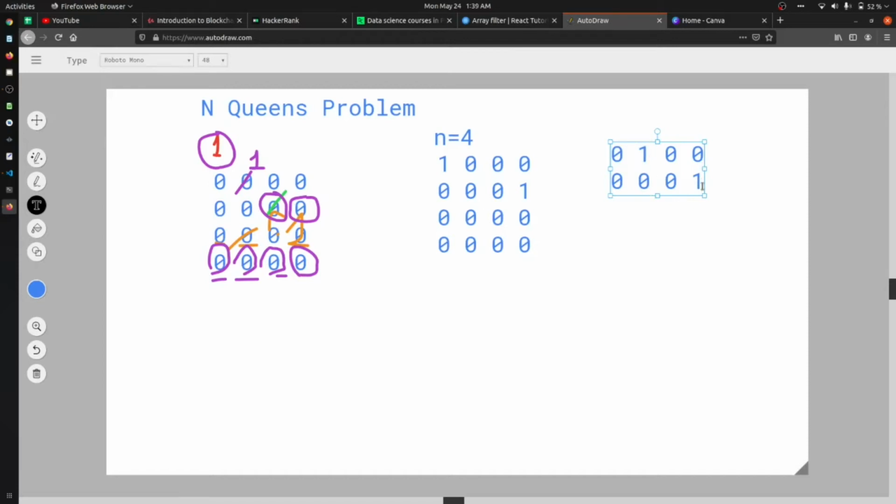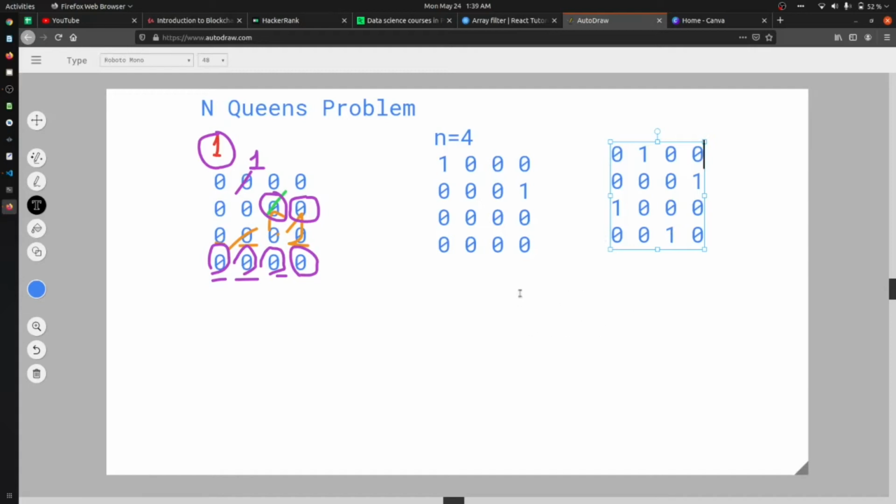After that, we are going to place the third queen. We can place the third queen at the first position, because in that row we don't have any queen, and in the diagonal also we don't have. So this satisfies all our conditions. In the last, we will put the queen at the third position, because in this row we don't have a queen, and in the diagonal also we don't have a queen. Okay, so it satisfies all the conditions.